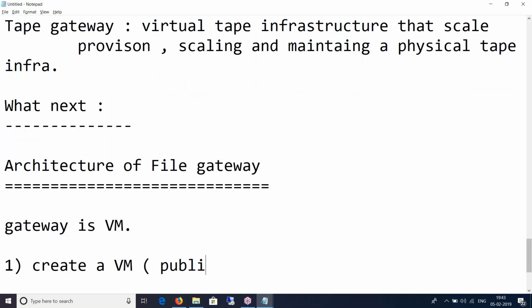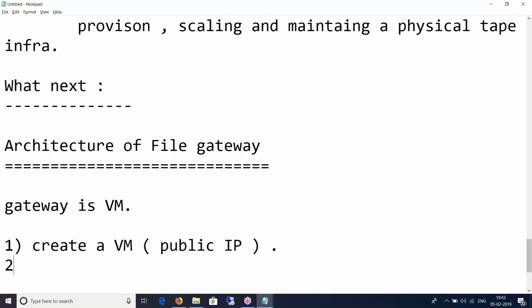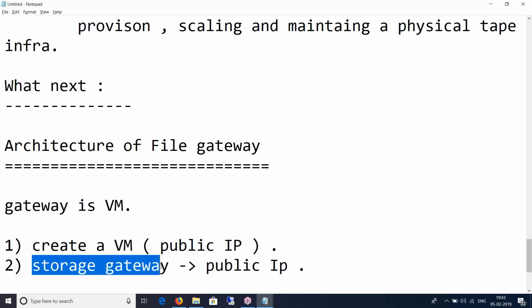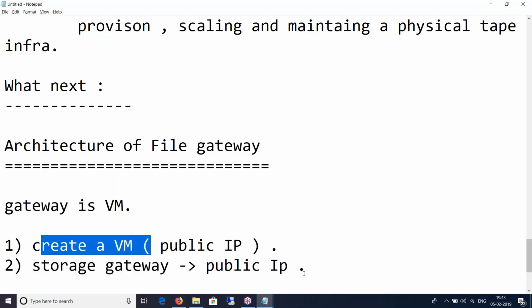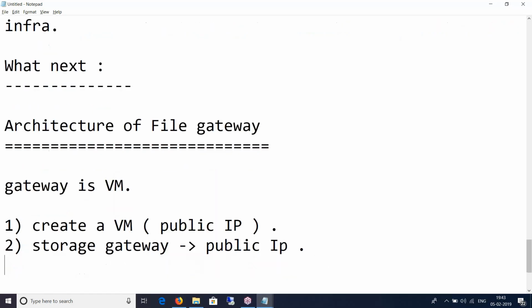And this VM will have a public representation, which is a public IP. So when I create my storage gateway, I will point it to the public IP, and tell it that my AWS Storage Gateway is the following VM by pointing it to the following public IP. Right? Then you also connect an S3 bucket to the storage gateway.